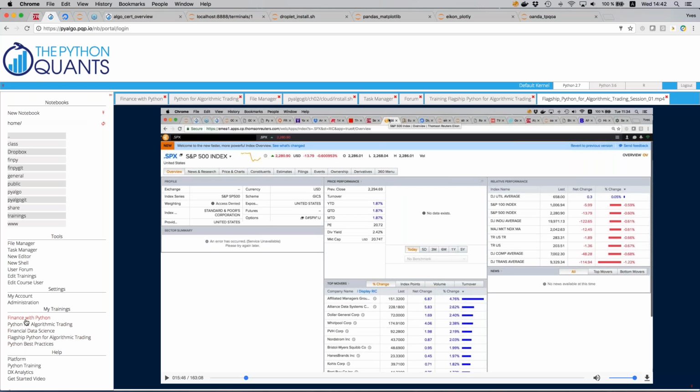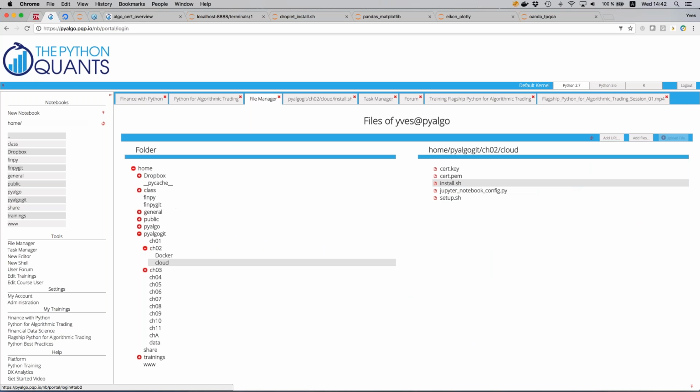So on the left-hand side, again as a summary, you see under my trainings all the resources. We have here the tools to work on the platform. You have here the Jupyter Notebook Navigator. If you want to navigate the platform with all the other files, the file manager is recommended and for some cases even required. I've shown you that you can edit files there, that you have access to the shell. So it's a full-fledged integrated environment where you find all the resources, where you can work,